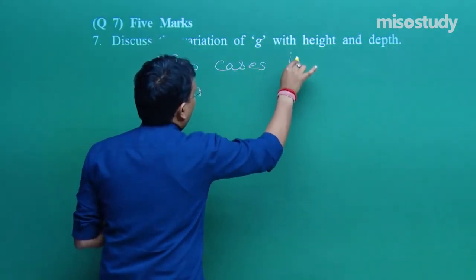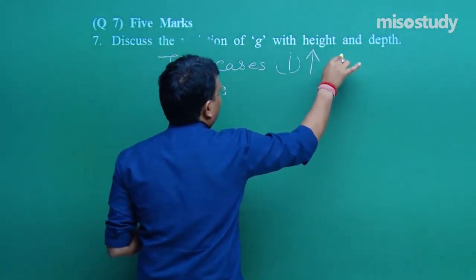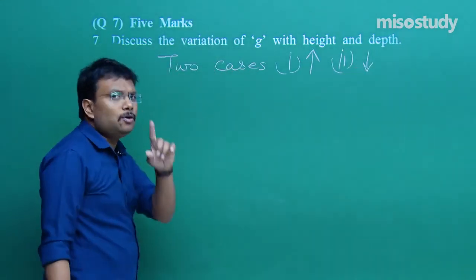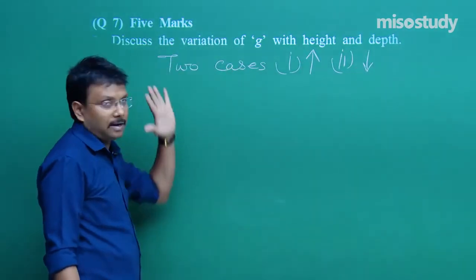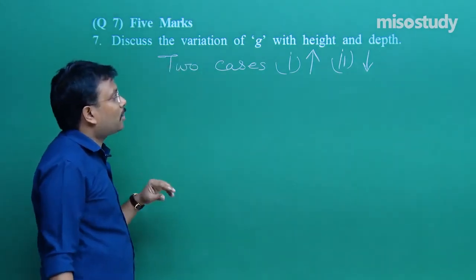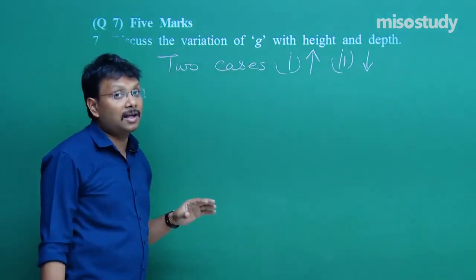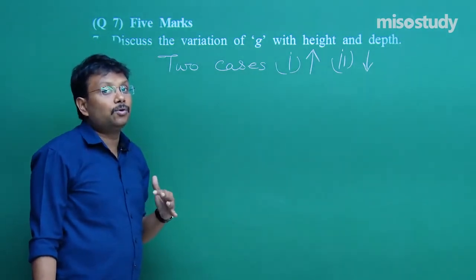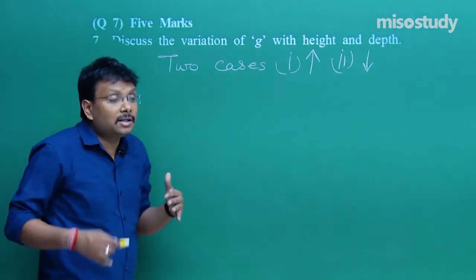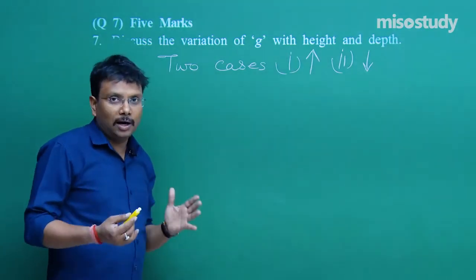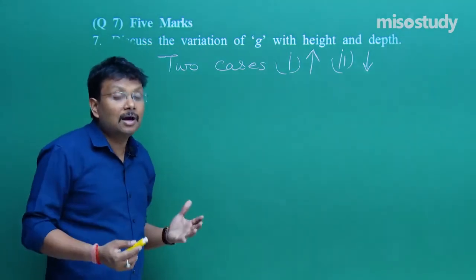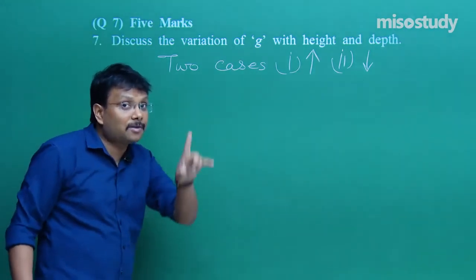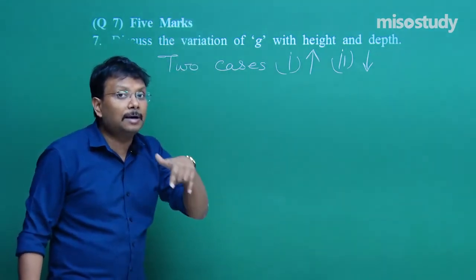That is, one up, one down. I will tell you one method, although I explained this derivation to all of you. Directly you can say it is a process where they are asking what is the value of acceleration due to gravity at any height h, or they can ask: derive the formula, derive the result for the variation of the acceleration due to gravity at any specific height h or any specific depth d.